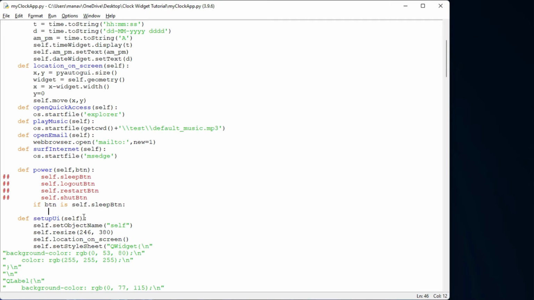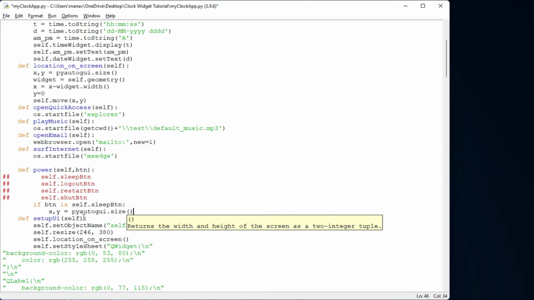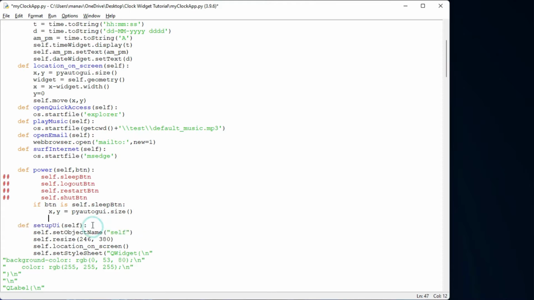So I'm doing the same here. Let me show you with the code. First of all, I will get the geometry of my computer. So I'll use PyAutoGUI, same as previous, PyAutoGUI.size. It will give me the width and height of my screen.